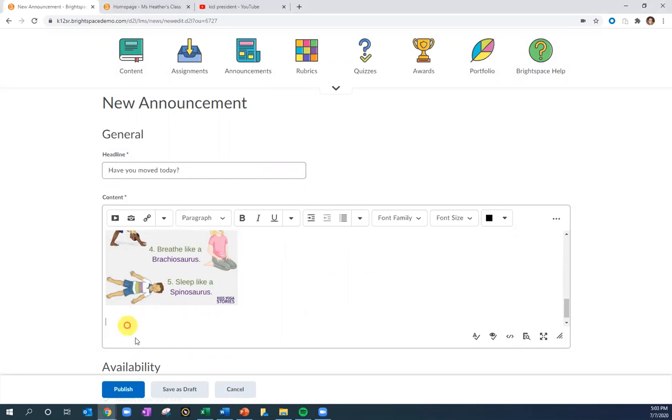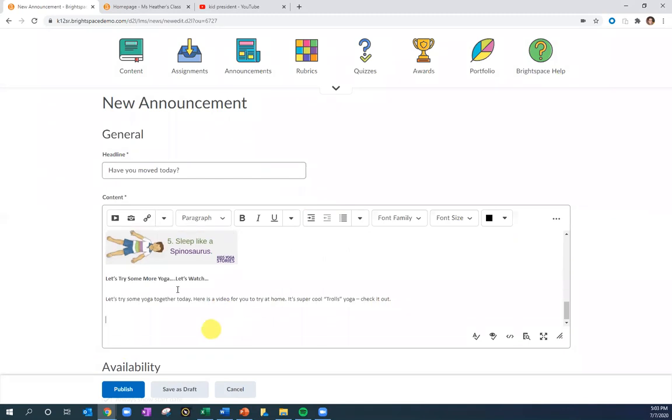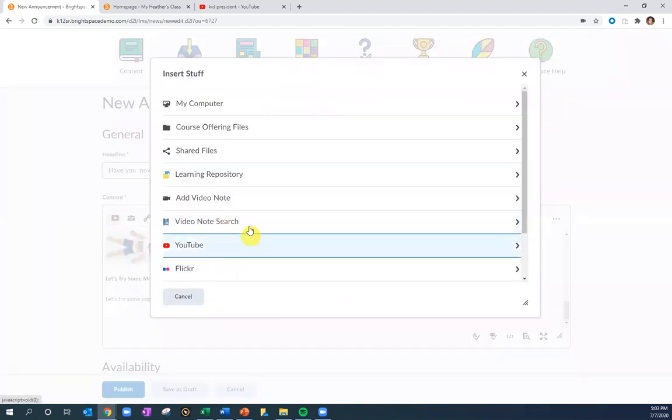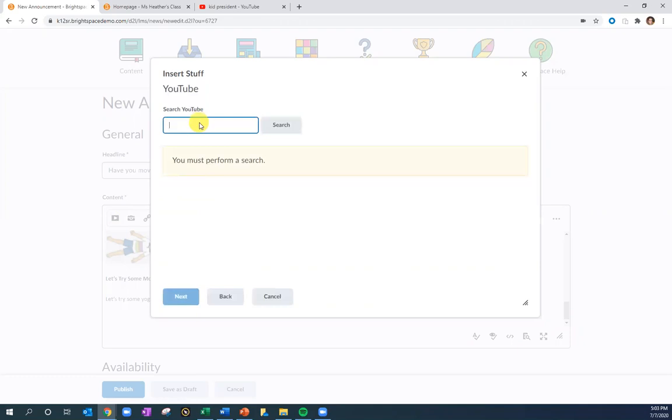Now, additionally, maybe I want to add in some more information for my students here. So maybe I want to have them check out a video, and I want to embed a video into my environment here. So I can go ahead and do that by going into insert stuff again. I have a couple options here. I can use my YouTube picker to do that, or I can insert the link if I have the link saved. For our purposes today, let's just hop into YouTube here, and I'm going to go with